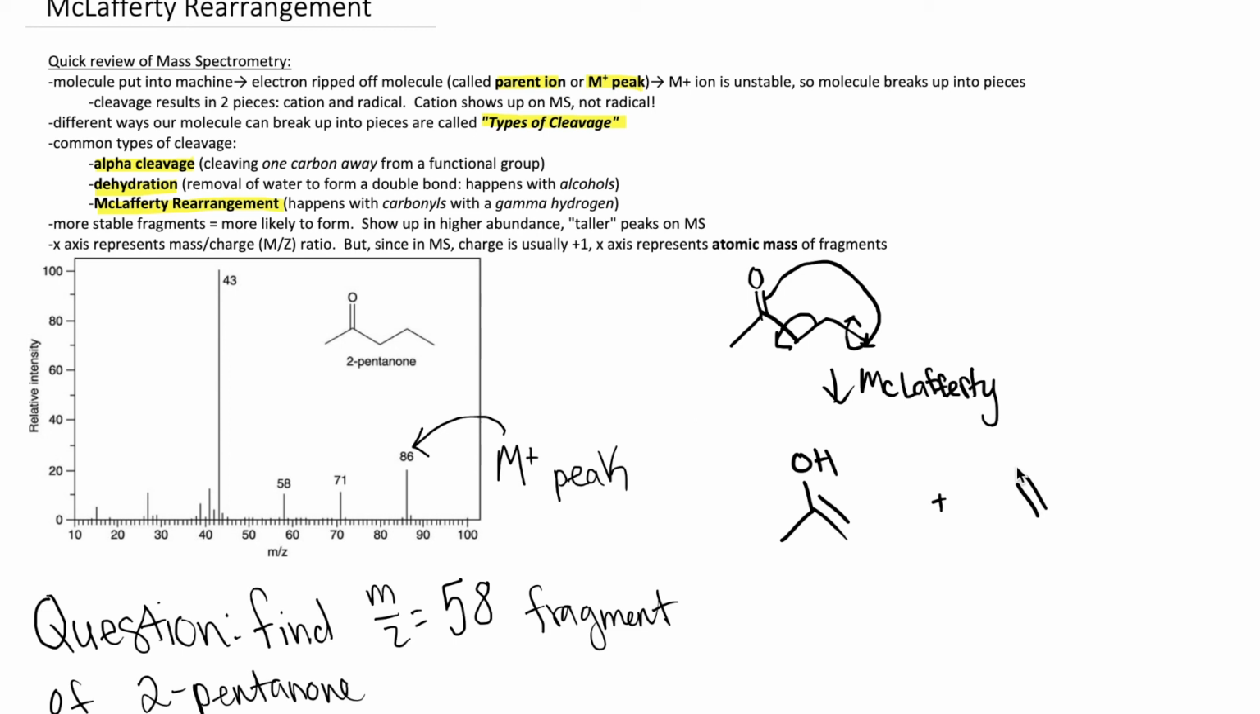So I've drawn out our 2 fragments. Let's say I want to look at this fragment. Let's say I want to say this one could possibly weigh 58. When I calculate the molecular weight, turns out this one actually does weigh 58 AMUs. So this tells us that we were able to solve for which one had a 58 m/z value